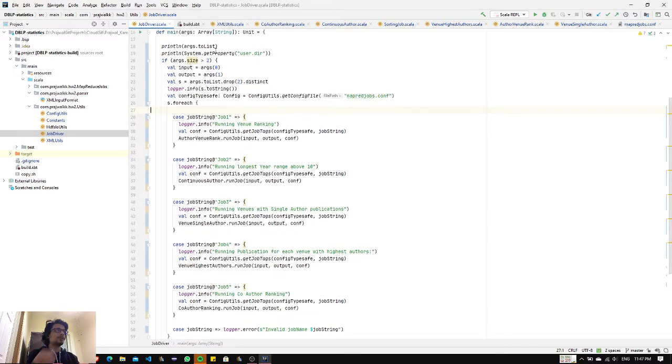The minimum number of arguments is 3 and the maximum is 2 plus 5, so 7. The command will be hadoop jar, jar name, input folder, output folder, then job 1, job 2, job 3, job 4, job 5, or just job 1. It's left to the discretion of whoever wants to run the job.